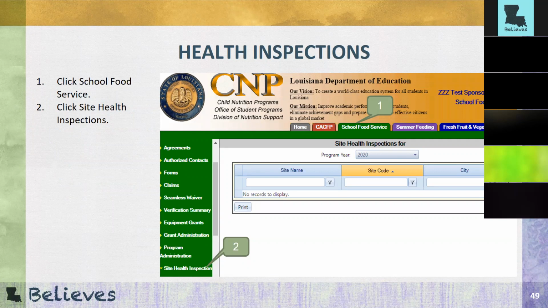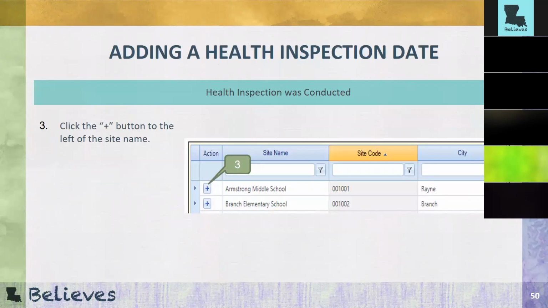So to add a health inspection date or reason why an inspection was not conducted, you would want to click on the School Food Service tab and then click on Site Health Inspections. We will first discuss how to add a health inspection date. If the required 2 site health inspections were conducted for a given site, 2 entries must still be recorded. To indicate the required health inspection was